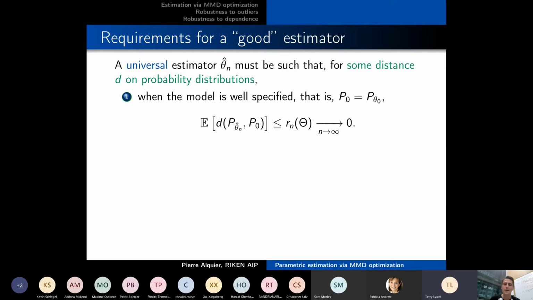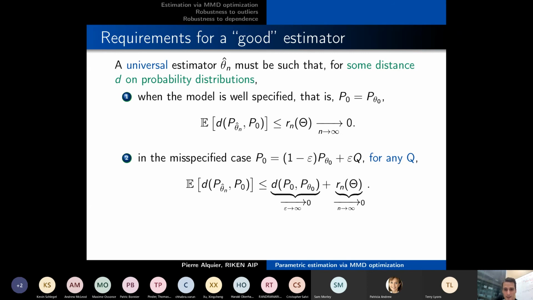I think the question is legitimate, to try to find an estimator that will do that. And once again, I'm not claiming that this is what should be done in practice all the time. But for me, it was frustrating to realize that many methods that I knew would not achieve this. And more generally, in a misspecified case, what I would like to have is